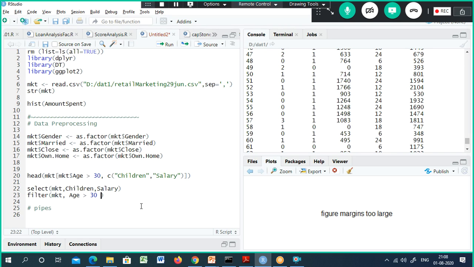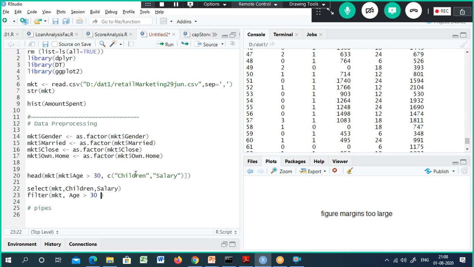So this can clutter up our workspace, right? Because you have temporary variables, you have select, filter. A lot of it will clutter up your workspace. Or else you can write a nested function, one function inside another function. But again, it is not that good. Writing nested functions is handy, but it is difficult to read if you have too many nested functions. So it is not that much helpful.